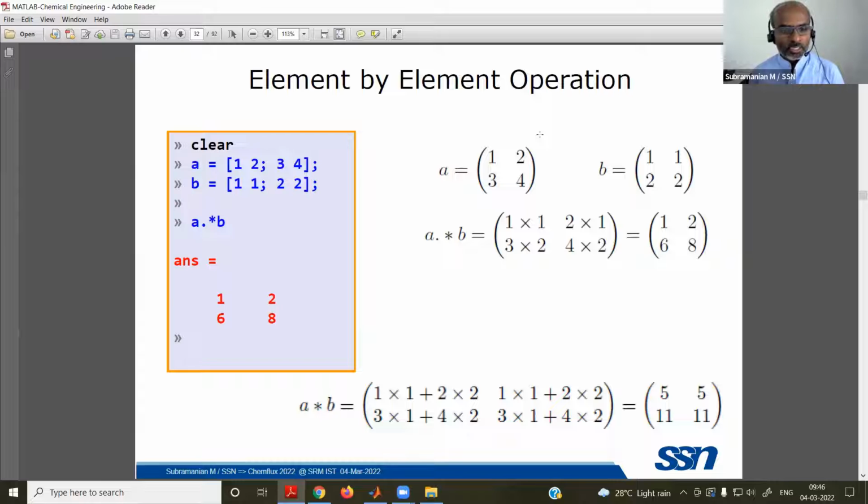Now another essential aspect is what is called element by element operation. Suppose you have one row and it has to be multiplied with another. Normally everything is matrix data. So you will have one column and 10 rows, which means a 1 into 10 matrix.